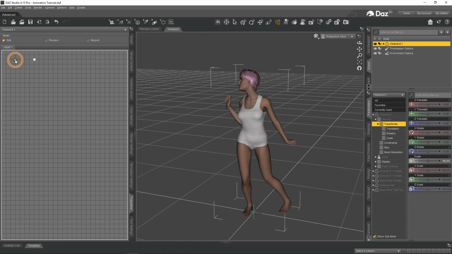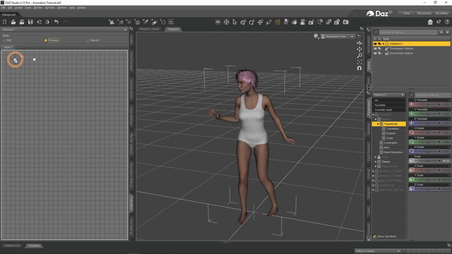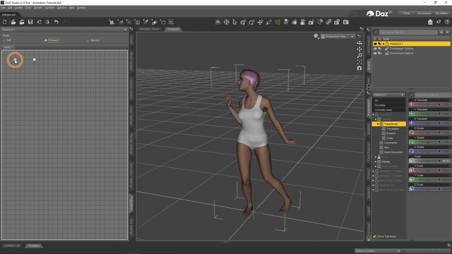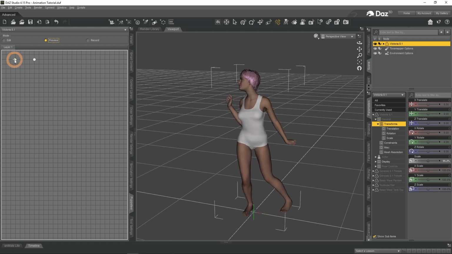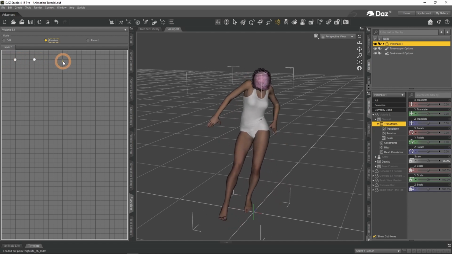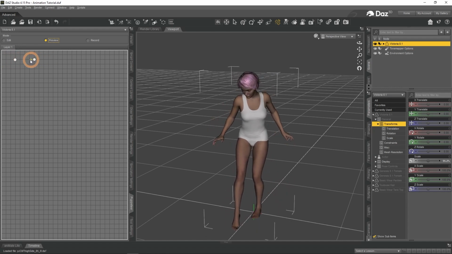Though Puppeteer proposes more than just that. If you change to the preview mode, you can click and drag anywhere on a grid. This makes your character make a pose according to the grid. The closer your crosshair to a dot, the closer the pose to what was saved there. You can even go further than dots to exaggerate a pose, but usually it looks silly. You may wonder, why would you need this?